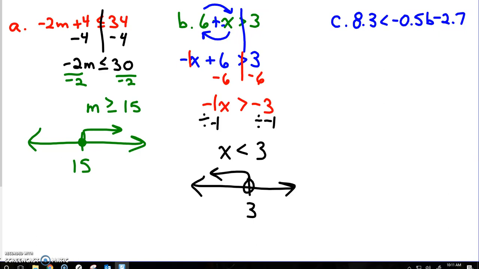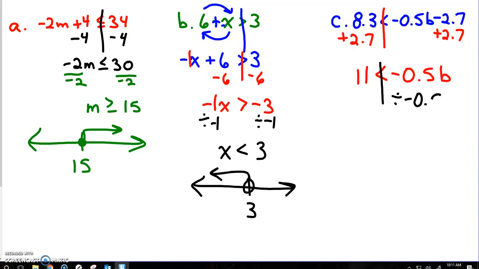Next one, same thing, but it has decimals. It's okay, decimals won't hurt us. We're going to add 2.7 on both sides. Let's see, 8.3 plus 2.7 is 11 on that side. Negative 0.5b on this side. We're going to divide by negative 0.5. b is on this side. I know I'm dividing by a negative on both sides, so right away I'm going to flip the inequality symbol. Now I know positive 11 divided by negative 0.5 is going to be a negative, and then I just have